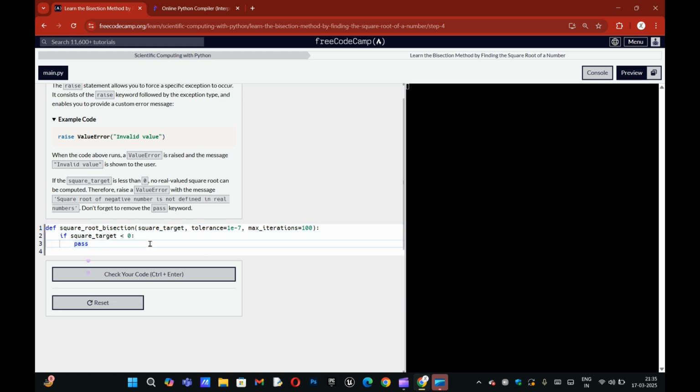Then it's telling us we have to raise a value error on this. You don't want to type all of this, so you can copy paste like I did from here.